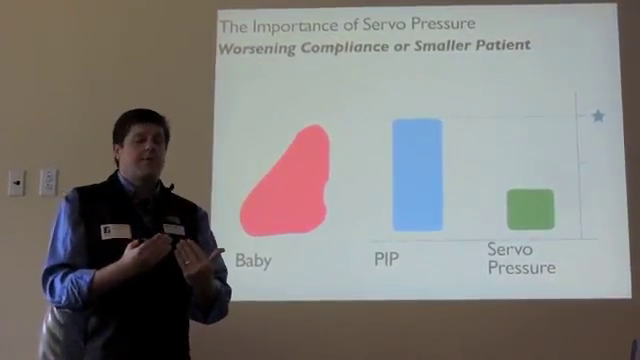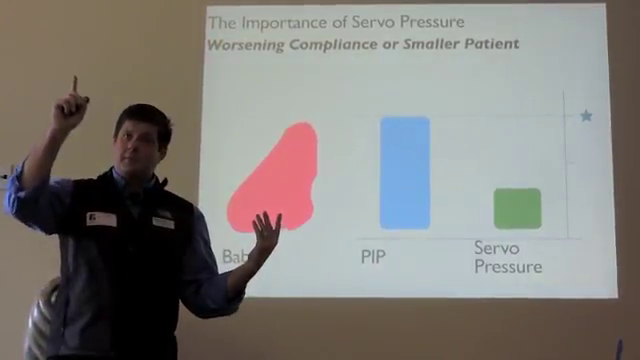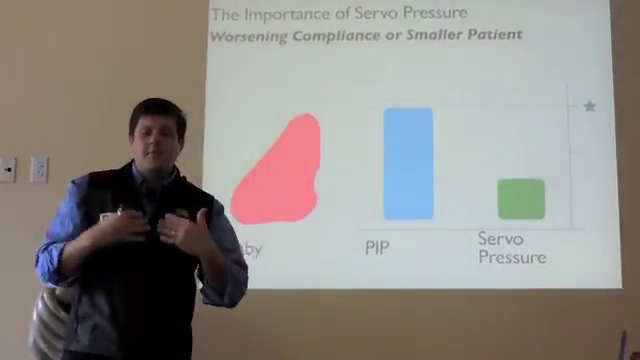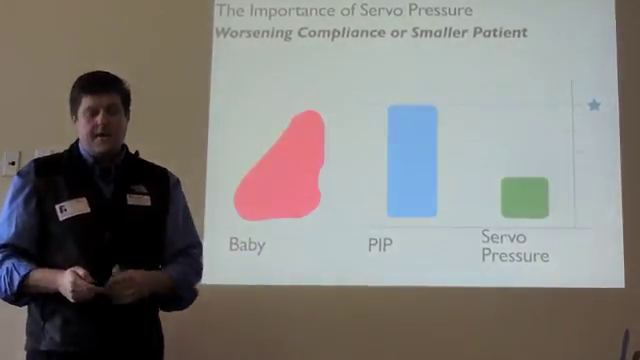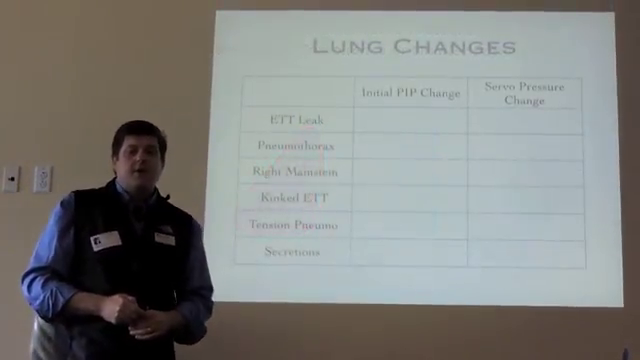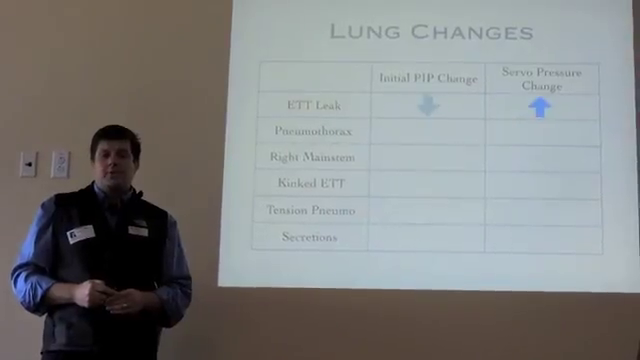So now instead of getting 24, the jet's only giving 20. Servo pressure goes up to bring the 20 back to 24. Okay, so it's a variable flow mechanism to reach that target PIP that you're after there. So some of the most common things that you'll come across when you see the servo pressure changing,